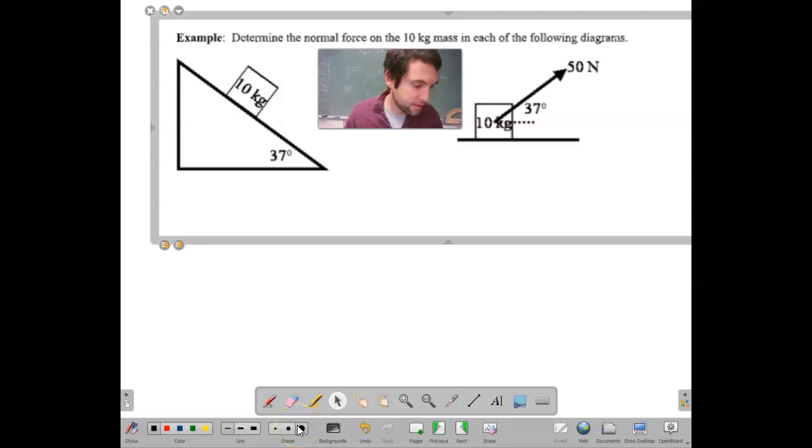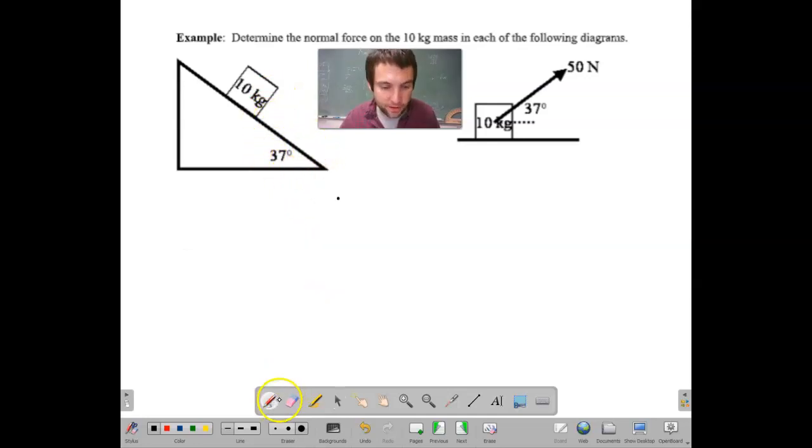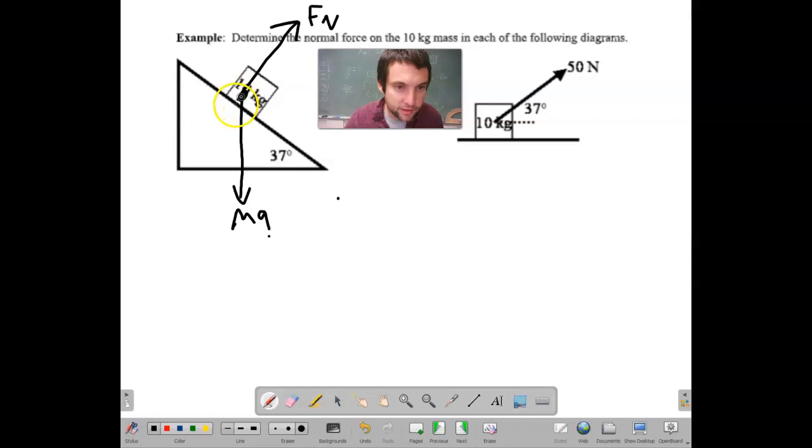Okay, time to practice it with numbers now. Determine the normal force on the 10 kilogram mass in each of the following situations. So, normal force is a force. Let's go ahead and free body it on up. Do we have any friction? None that it says, so we're going to continue on the normal force, and then we're going to connect it,